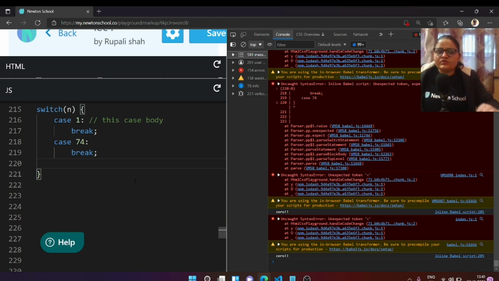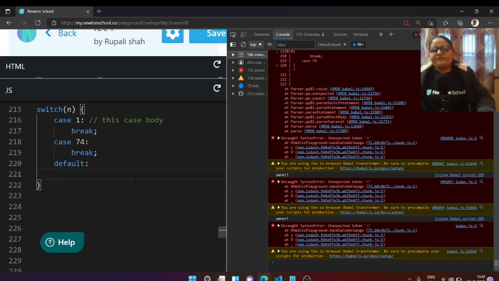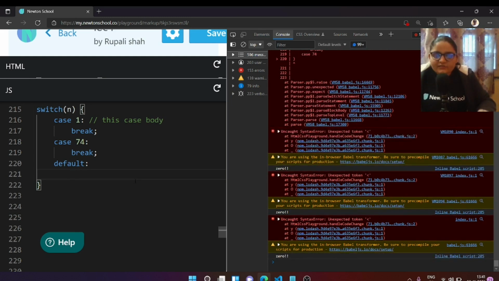In the same way, we have the default statement here. Let's have the default, and we don't need a break statement in default because we are already at the end of the switch. So we just have the body of the default statement.